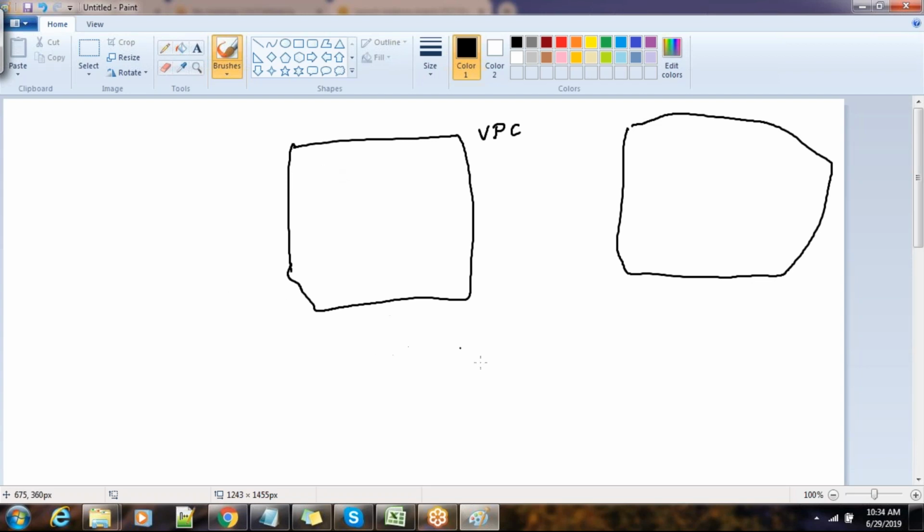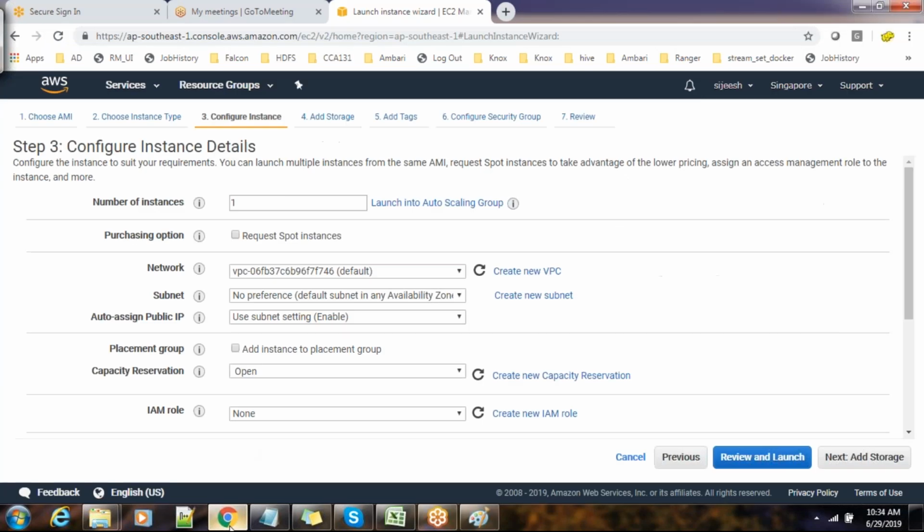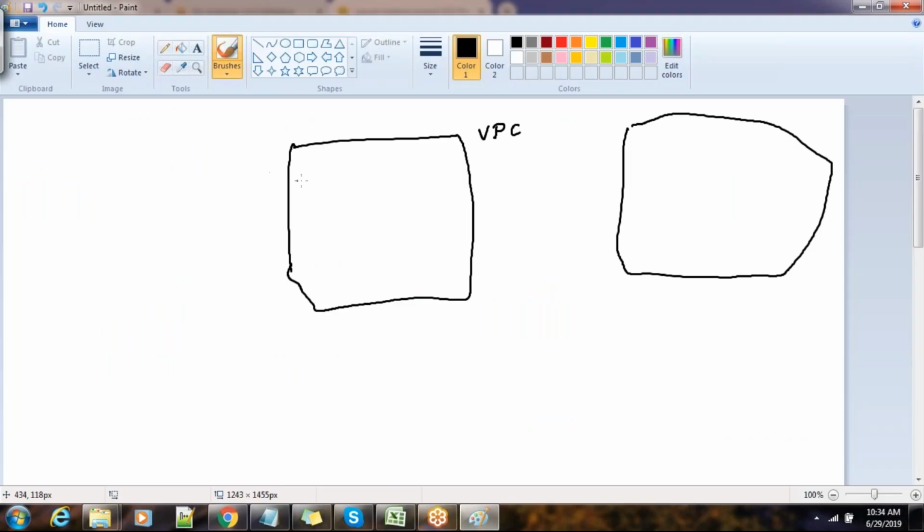Just understand it's a network isolation similar to a VNet. You can create a new VPC, or if you already have an existing VPC, you can choose that. The next concept under VPC is the subnet.